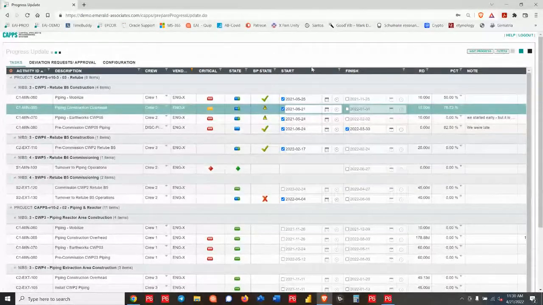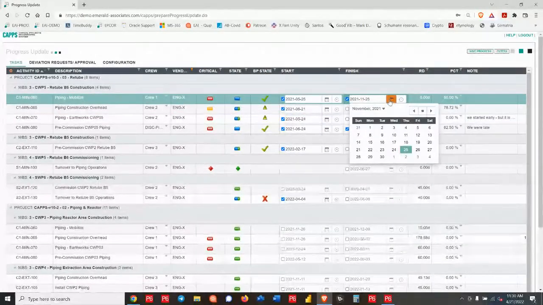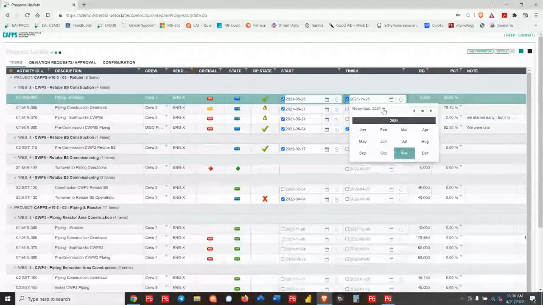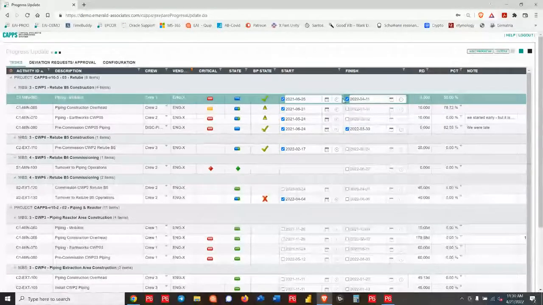Okay, so I have some activities that are in progress. They started already. So some of these should be finishing. And of course, this is a demo database, so my dates don't make a heck of a lot of sense. But let's go ahead and update this and say that this got finished this week. Now, very late, of course, so likely I would want to have a note here to explain why